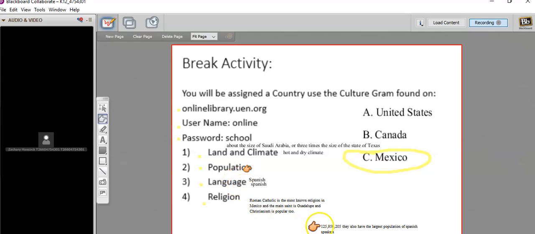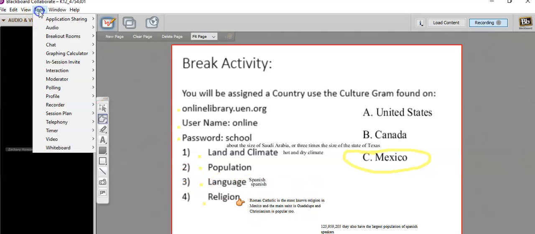Well, maybe population down here. Okay, 125 million. Very good. The United States, if you want to know, is about 325 million. Okay. Language, Spanish. The majority are Roman Catholic. Most religion in Mexico, main saint Guadalupe, and Christian is popular too. Okay, very good.